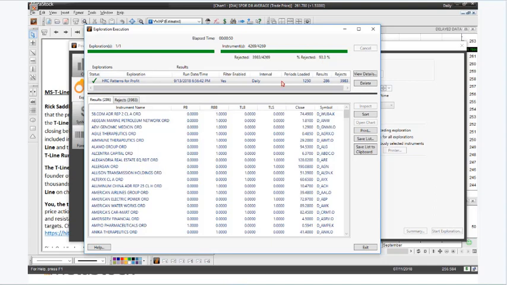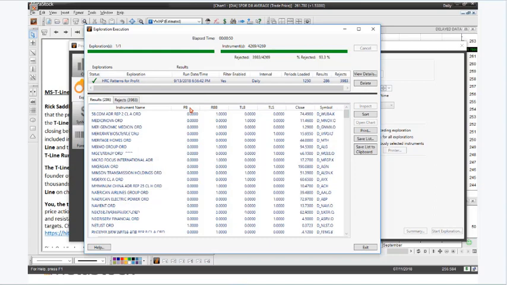Okay? So the scan is done. You notice it just took maybe 30 or 40 seconds to run. Out of those 4,200 stocks, it rejected all but about 286 of them. Okay? Up here you've got different column names. This PB stands for pinball, rounded bottom breakout, T-line bounce, and T-line squeeze. So if we're looking for a specific pattern, maybe the one that Rick told us started him in his new occupation of trading,